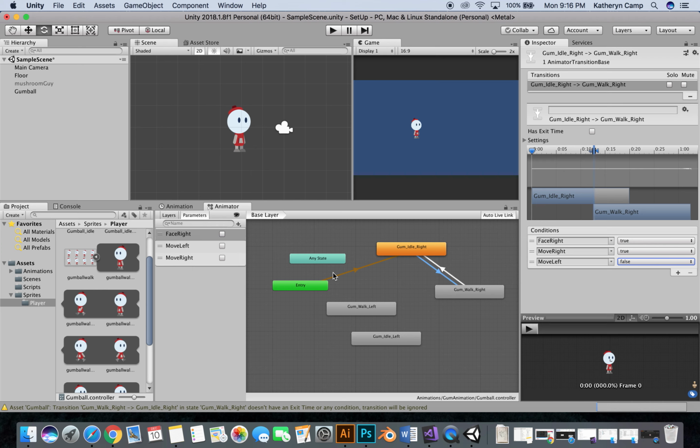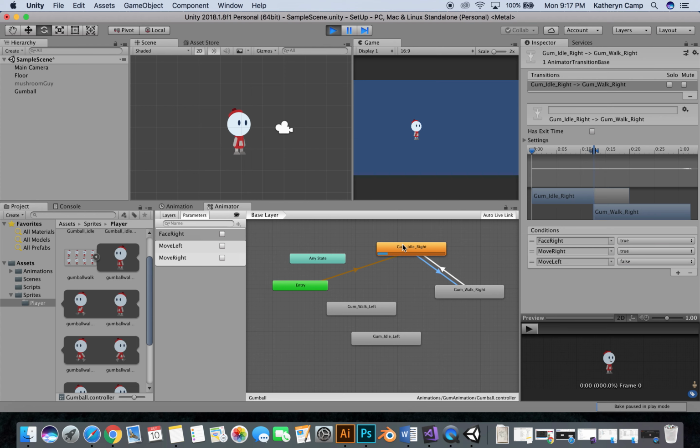Now, I could be still, I could be moving, and that's kind of a three value thing. And so instead of just having a face right and a face left, I can do that true or false, but I need to know if that character is moving in either direction. So that's why I have two variables there. So I've set up a condition to meet here. So as I play this,